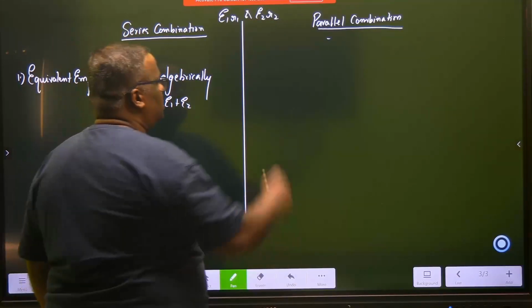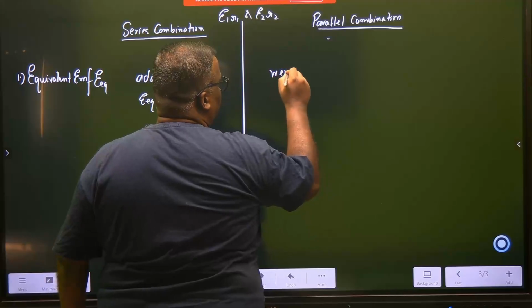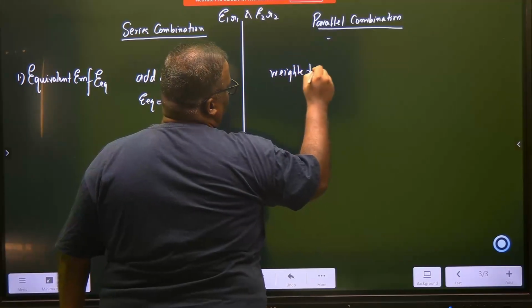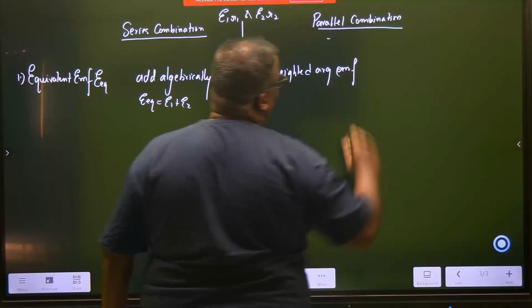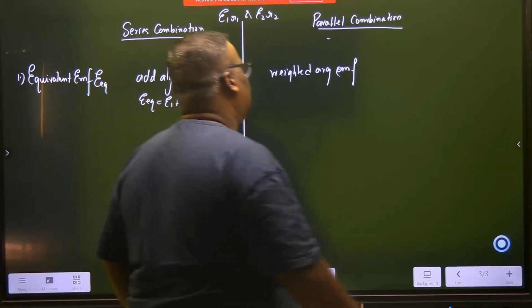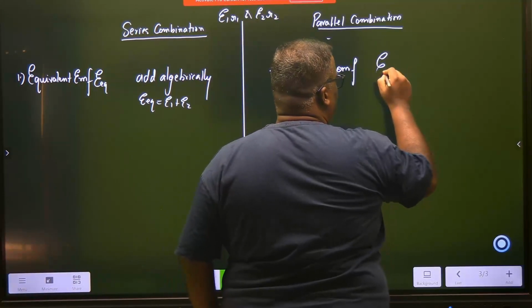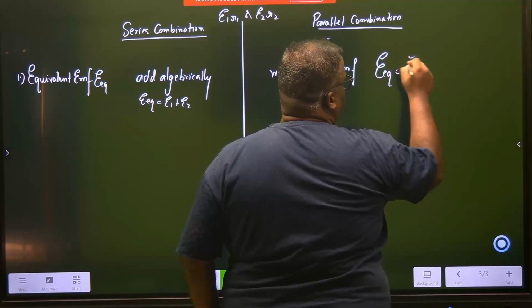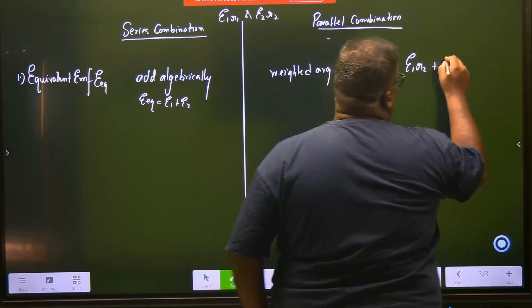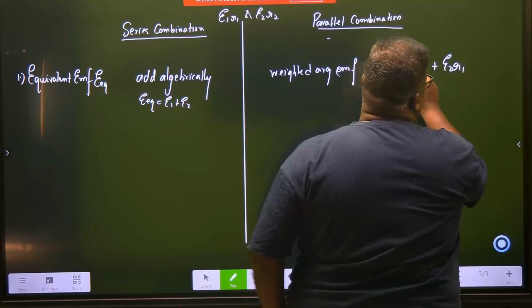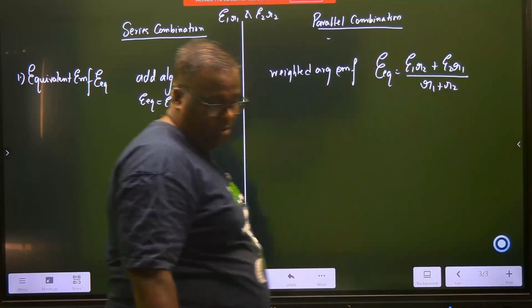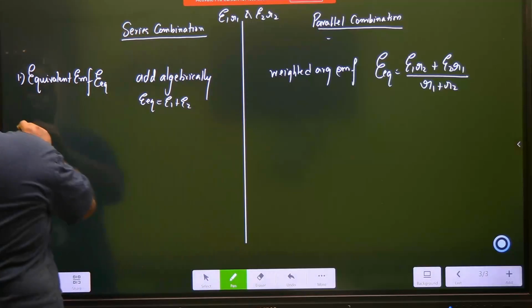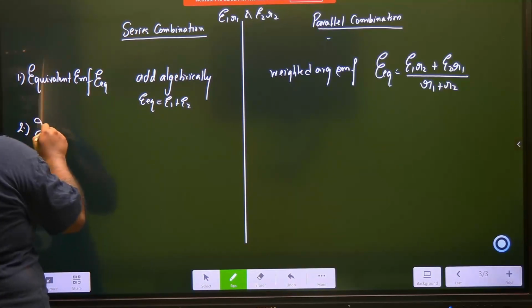And in this case, we say it is weighted average EMF. So weighted average EMF means the E equivalent in this case becomes (E1 R2 plus E2 R1) divided by (R1 plus R2). Fine. Next point would be on internal